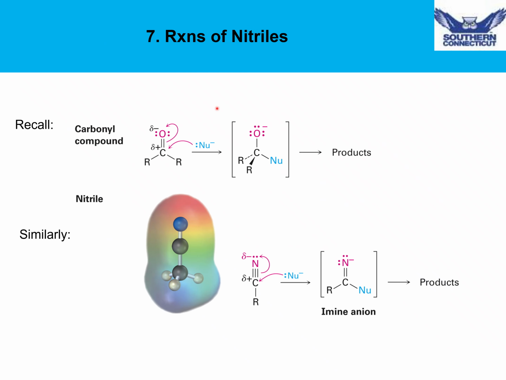Let's now take a look at the reactions of nitriles. Before we look at specific examples, let's go back to the nucleophilic addition of nucleophiles to carbonyl compounds such as a ketone. Generally, in nucleophilic addition reactions, the nucleophile will add to the carbon of a ketone, break the double bond to form an alkoxide or tetrahedral intermediate, and then depending on the reaction conditions, we will either protonate this oxygen with acid, or this nucleophile will push out the oxygen and form an imine or some sort of imine